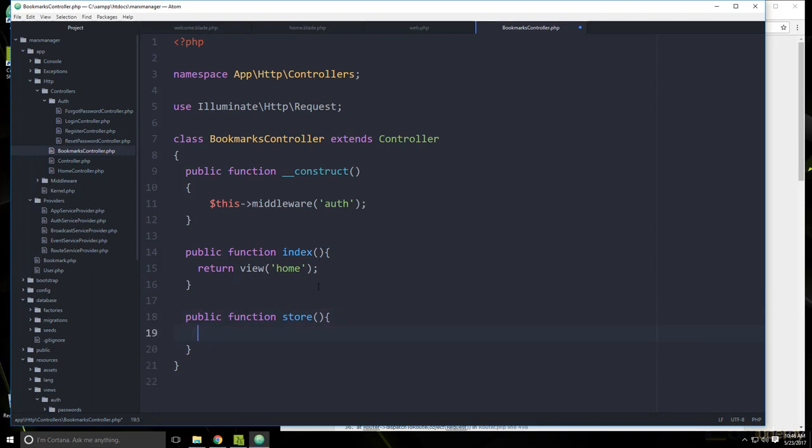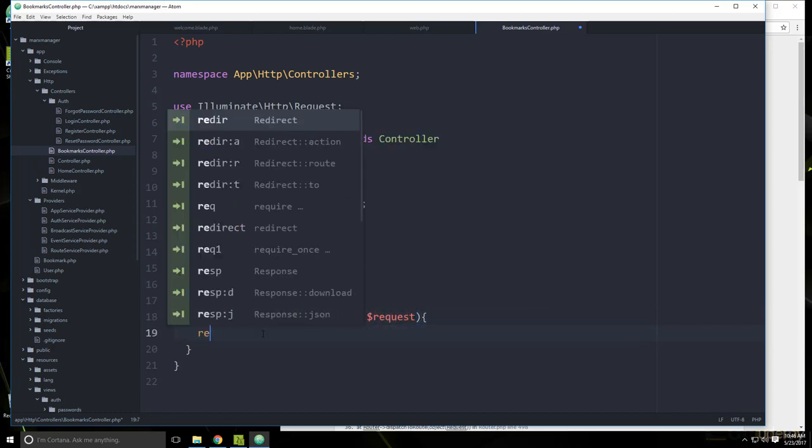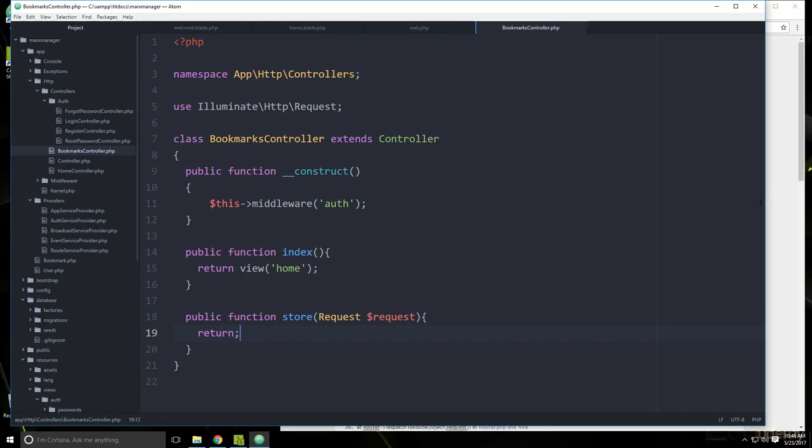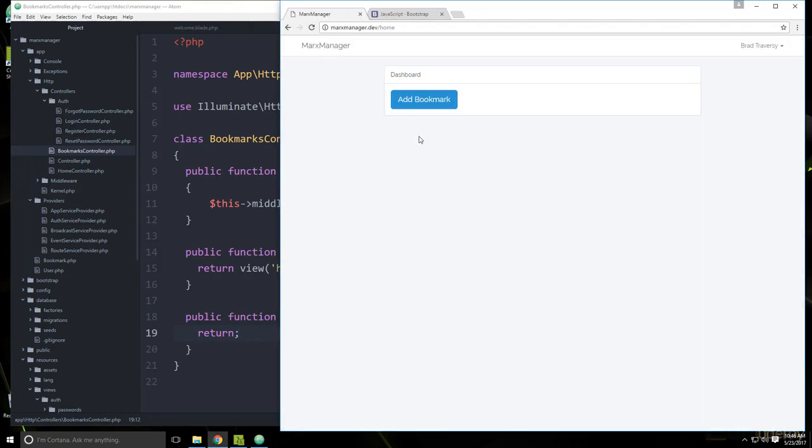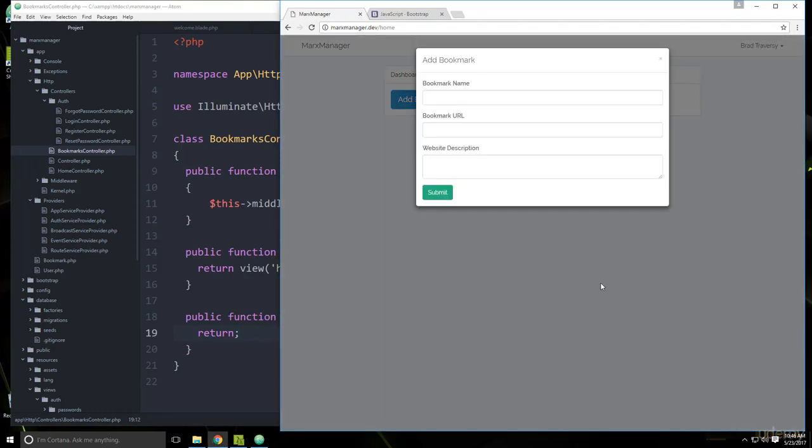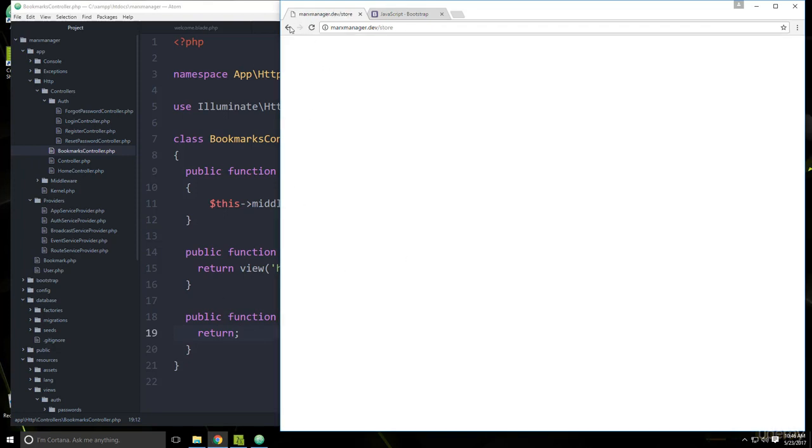And then we're going to pass in here Request and then a request variable. And for now, we'll just say return. Alright, so let's go back and reload. Click our add bookmark, and there's our form. Alright, if we submit, it's just going to return nothing. So let's take care of the